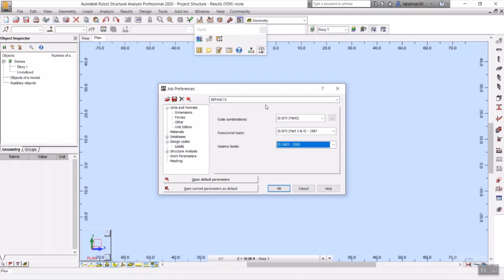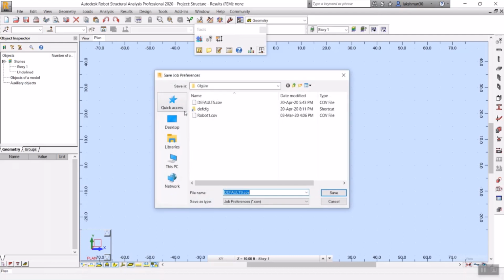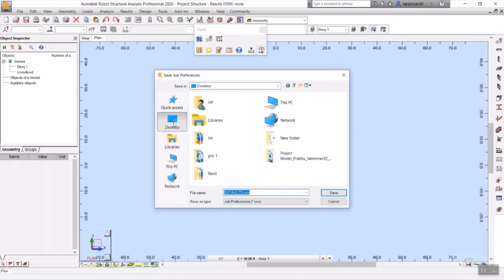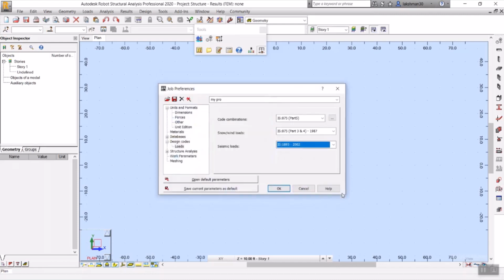Here we have an option called save job preferences, where I will save it on the desktop, named as my pro. Let me save it. So my pro is the name, I'm saving it and giving it OK.